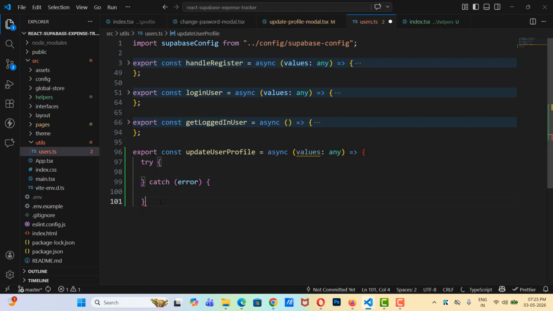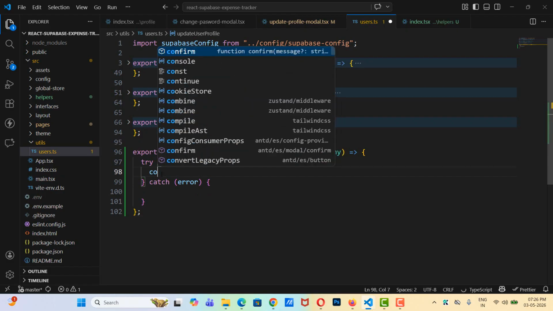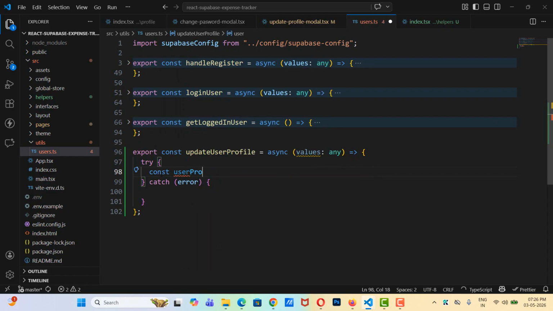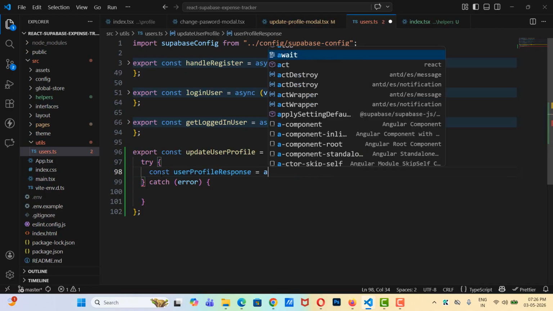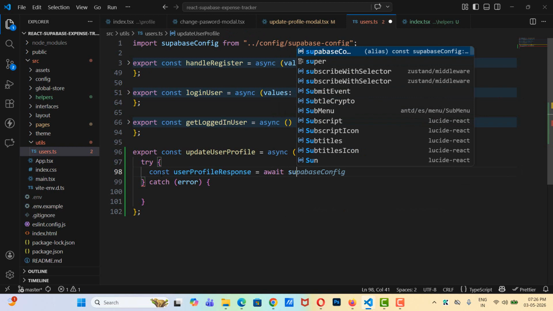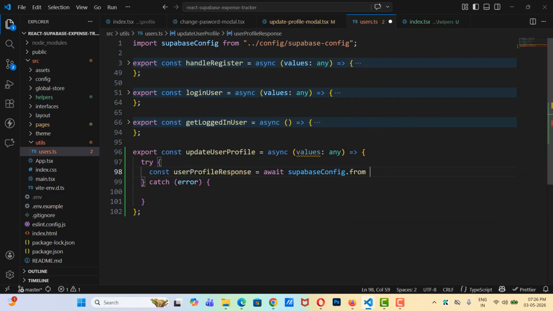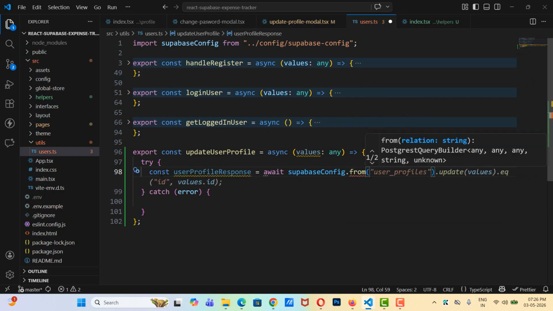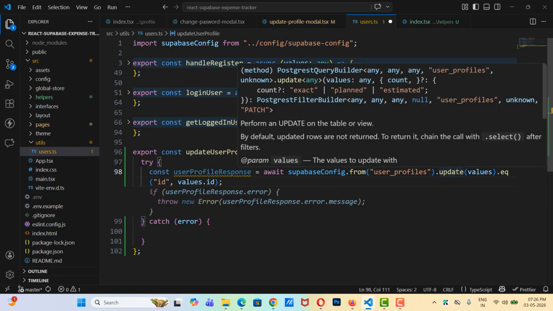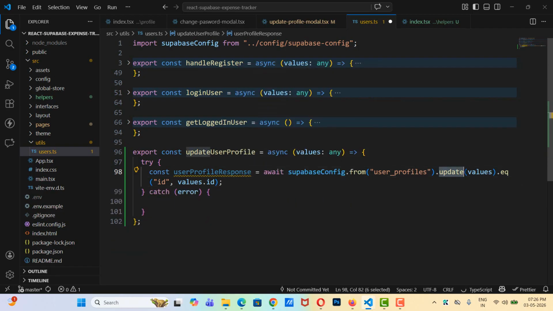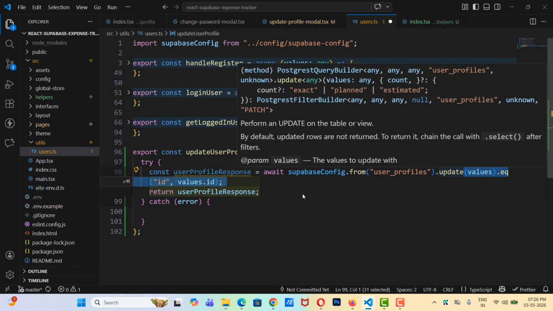Now inside the try block, I'm going to take a const, and here I'm going to say user profile response equals await Supabase config dot from, and we need it from user profile table dot update, and here, sorry, we need to remove this,